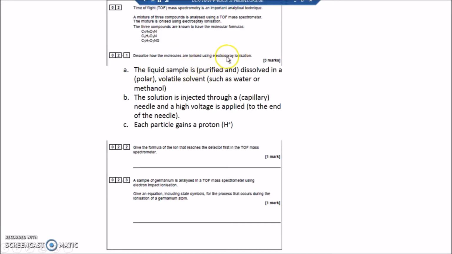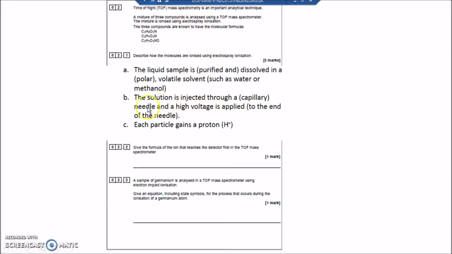Or electrospray is a bit more of a gentle technique, usually used for large molecules that you're afraid might get broken up or fragmented. And what you do first of all, you take the liquid sample and dissolve it in a volatile solvent. A volatile solvent is one that's got a low boiling point, something like water or methanol. It helps if it's purified at first and if it's polar, the solvent that you're dissolving it in, something maybe like water or methanol that's got delta plus and delta minuses. Polar bonds and hydrogen bonding, but you get the marks saying the liquid sample is dissolved in a volatile solvent or a solvent with a low boiling point, and then the solution is injected into the mass spectrometer